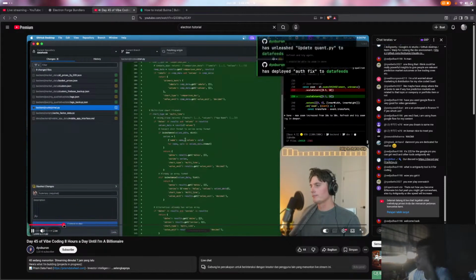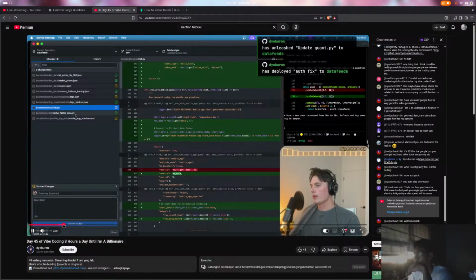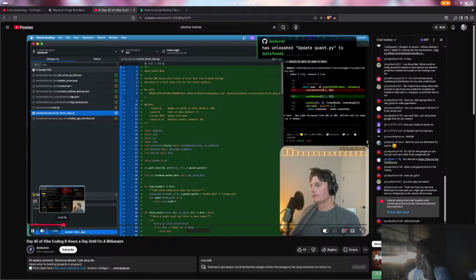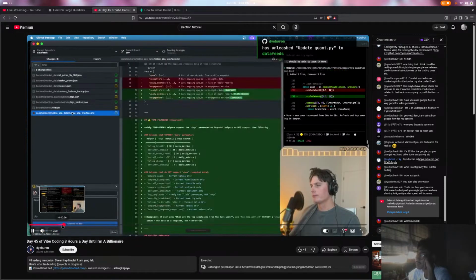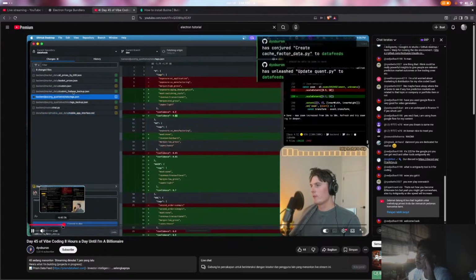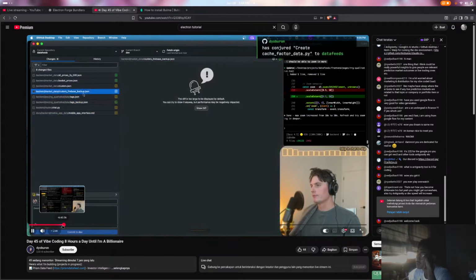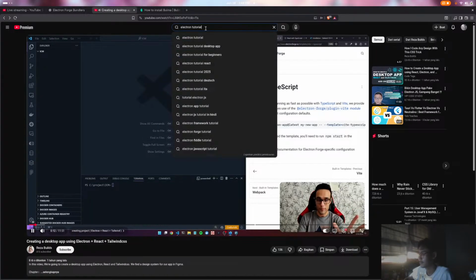This one's kind of untested. It's just the tags. It's our Electron app. I'm gonna use